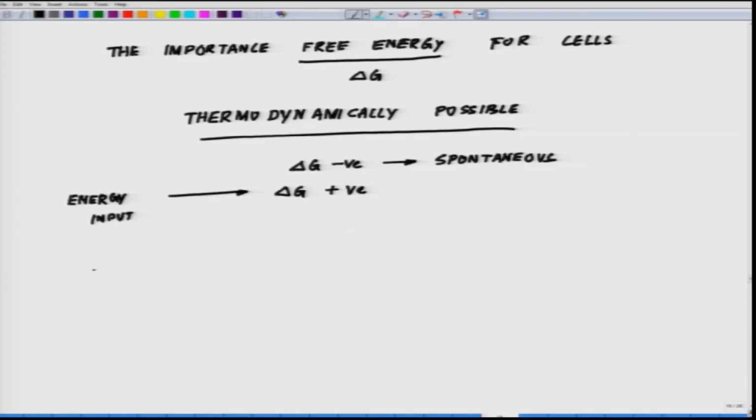And that energy input comes in terms of coupling to favorable reactions to drive it, and we will come to it later. Okay. So, when we talk about coupling to a favorable reaction to drive it, this is very significant